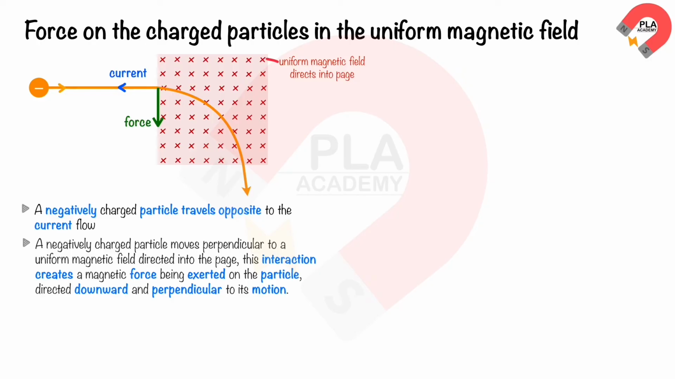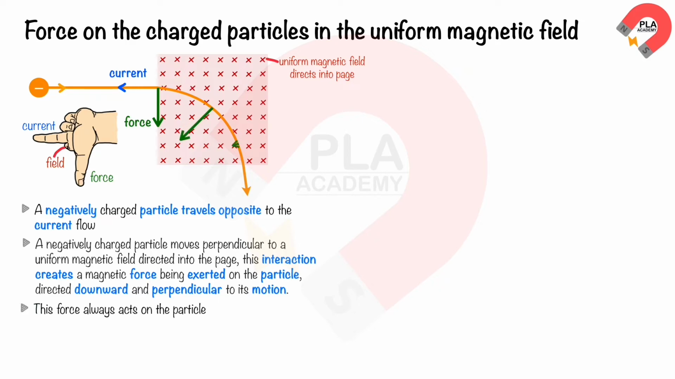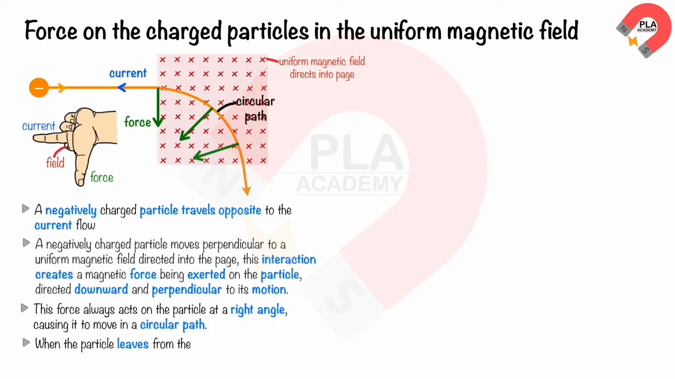Applying Fleming's left-hand rule, with your index finger pointing into the page along the magnetic field direction, and your middle finger pointing to the left along the current direction, you see that your thumb points downward, indicating the direction of force acting on the negatively charged particle. This force always acts on the particle at a right angle, causing it to move in a circular path. When the negatively charged particle leaves the magnetic field, it moves in a straight line, because of the absence